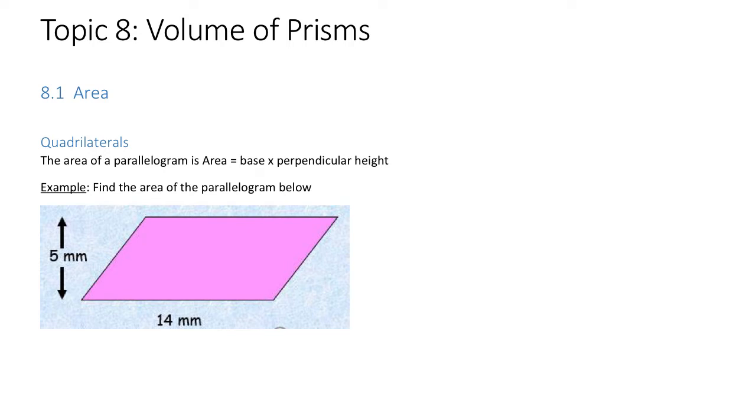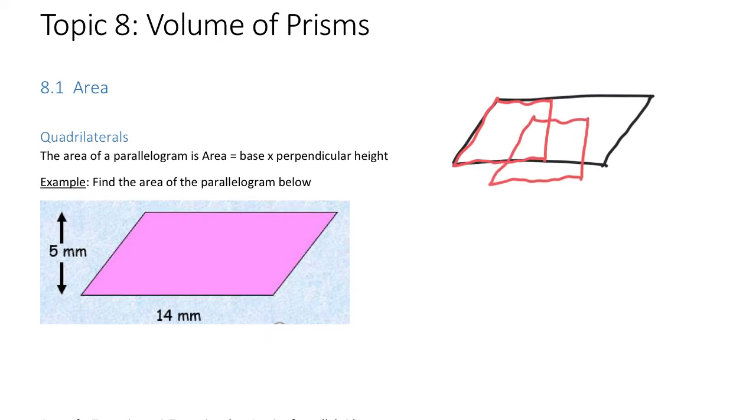Now this is something that we would have looked at in previous years, and the reason for that is if we had a parallelogram, what we can do is cut a perpendicular through that. We could trace this red shape out and move it to the edge there, and what we have is that if we had removed the left hand red part and moved it to the right hand side,